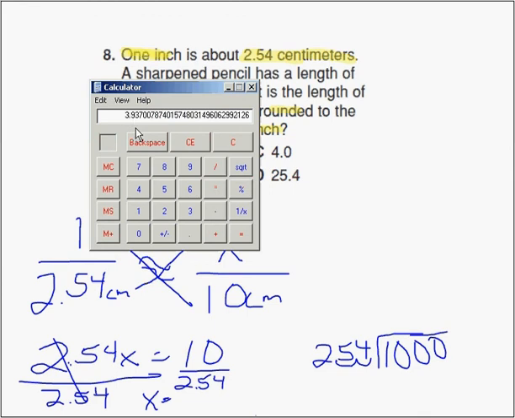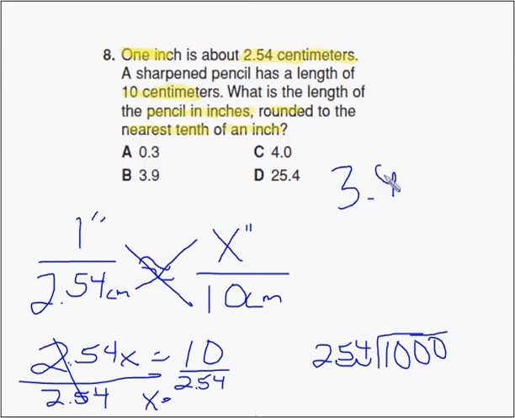So I have to round to the nearest hundredth. 3.937, yada yada yada, it went on and on. I'm rounding to the nearest tenth. So I look to the hundredth. That was a 3. So if this is 4 or less, this number stays the same. So it's 3.9 inches is equal to